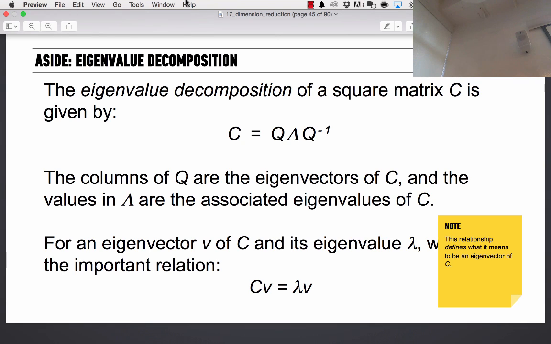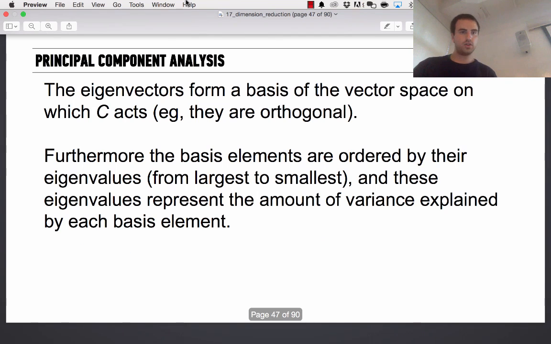For those of you who are curious, Q is a square matrix because it has an inverse. Lambda is a diagonal matrix, which means it only has values in the diagonal, everything else is 0. Those diagonals are all eigenvalues. Q has the eigenvectors, which form the basis, the coordinate system.